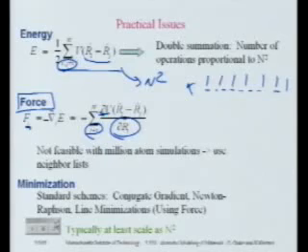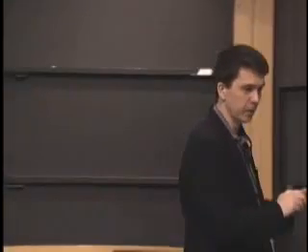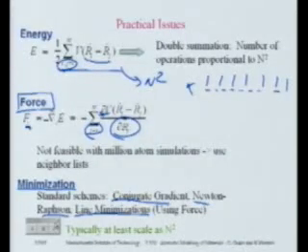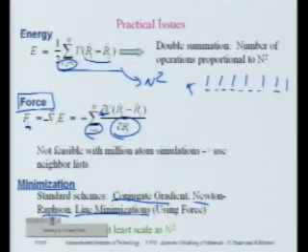In a lot of codes, the minimization is done by very standard schemes, things like conjugate gradient, Newton-Raphson, and often trivial line minimizations, where you literally just calculate the force and assume some kind of elasticity along the force path. If you know the force, you assume you know the curvature of the energy in that direction, you can make an approximation to its minimum, and you do that iteratively. So you can do that with very large